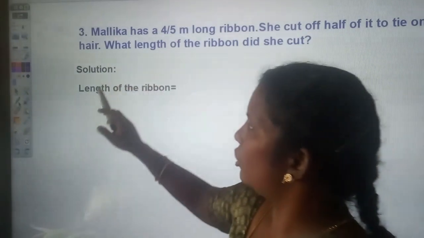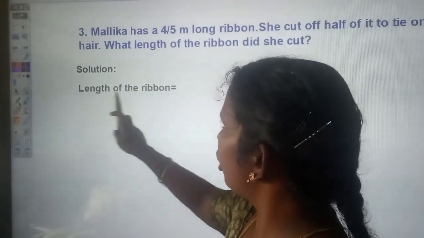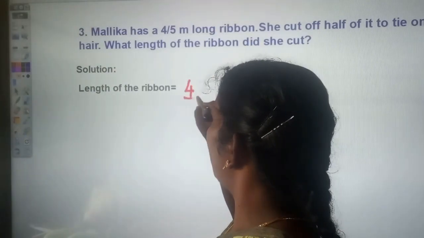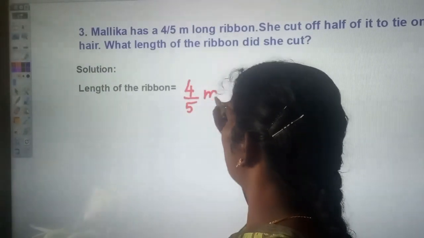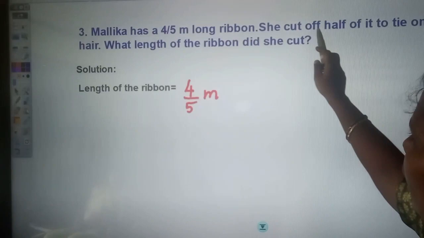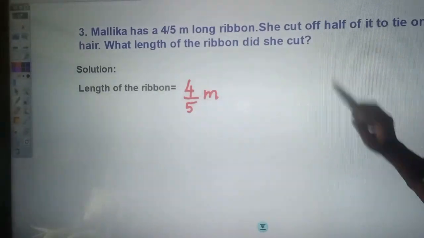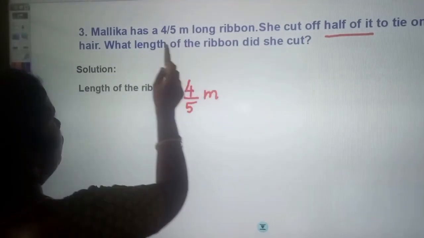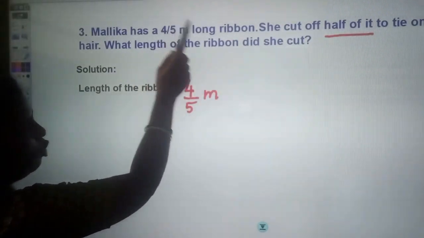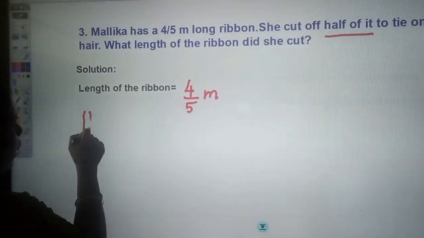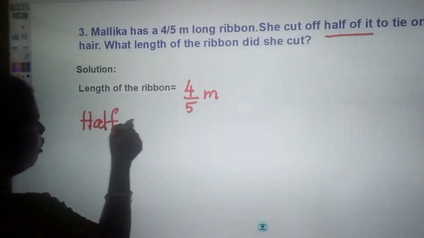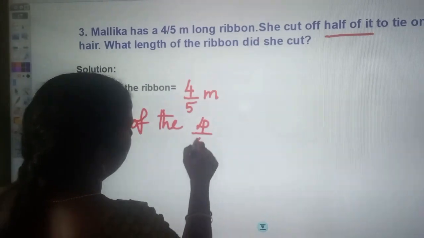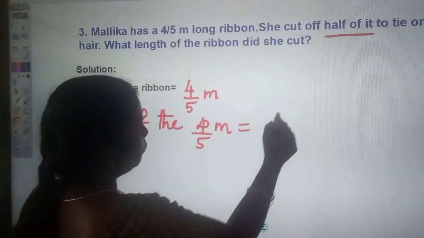So we are going to write the solution as what is given first. Length of the ribbon is 4 by 5 meter. Hence I write here 4 by 5 meter. The next one, she cut off half of it. What is it, half of it? What she cuts? She cuts this 4 by 5 meter long ribbon. Hence we are going to write the statement as half of the 4 by 5 meter is equal to